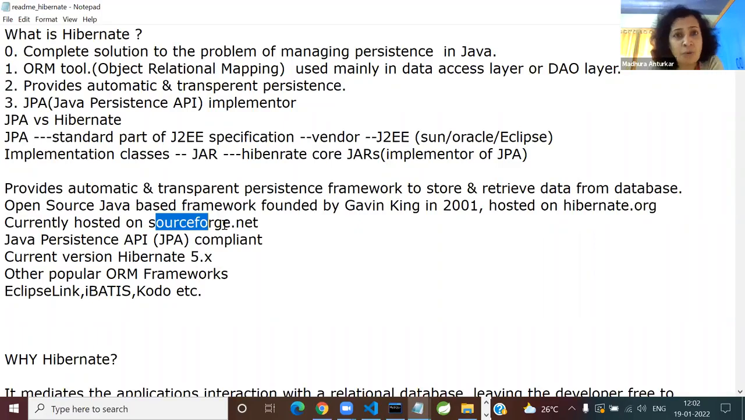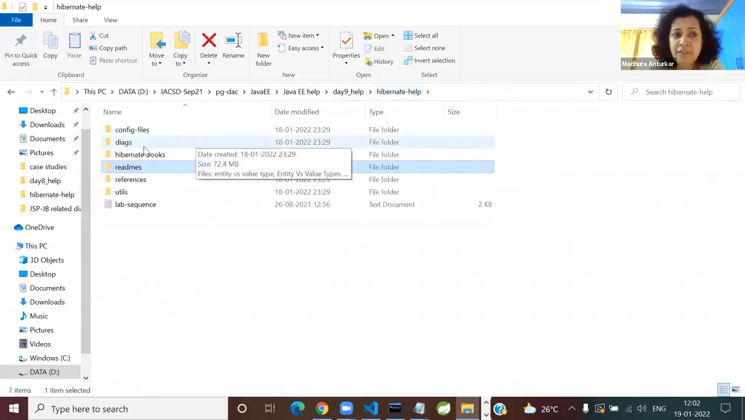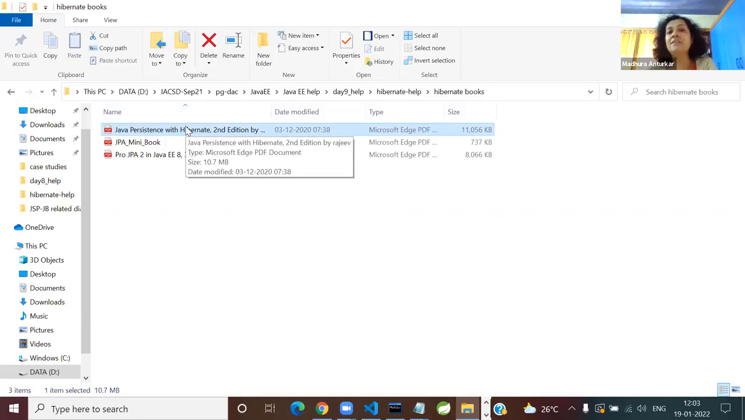Today, it is hosted on most of the projects either on GitHub or SourceForge.net. So it is on SourceForge.net. If you see my Hibernate help, knowing that it is so important for you as a Java programmer, I've already supplied certain ebooks. This one, Java Persistence with Hibernate, is authored by Gavin King. This can be like your go-to or a Bible kind of a thing